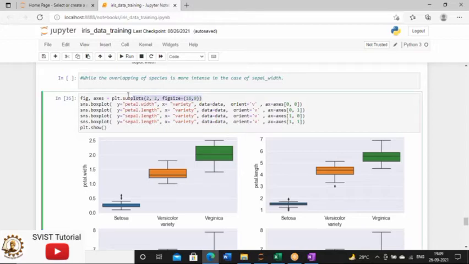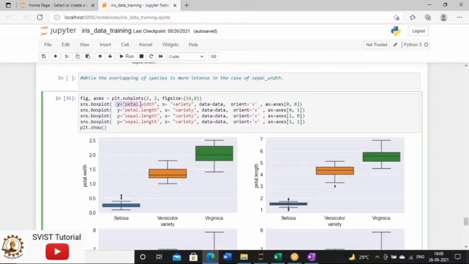For plotting anything, first fix up the size, and then you have to check the alias. So here we are using plt alias. And then since the name is box plot, for plotting box plot I am using sns, because whenever we want to see a very good visualization, Seaborn is the only library, and sns is the alias of Seaborn. So the alias name and then the type of the plot. So I am using box plot.